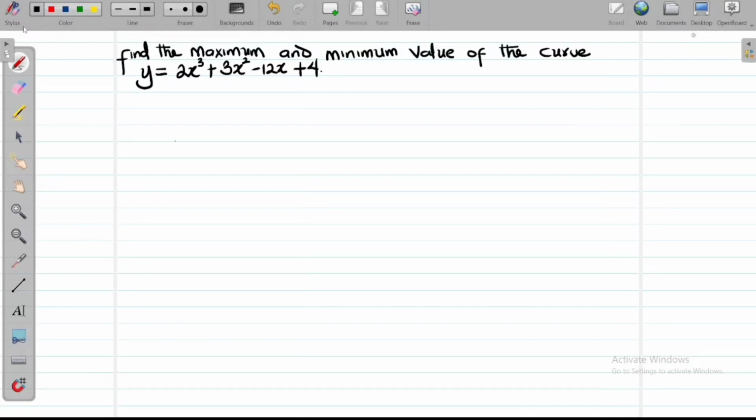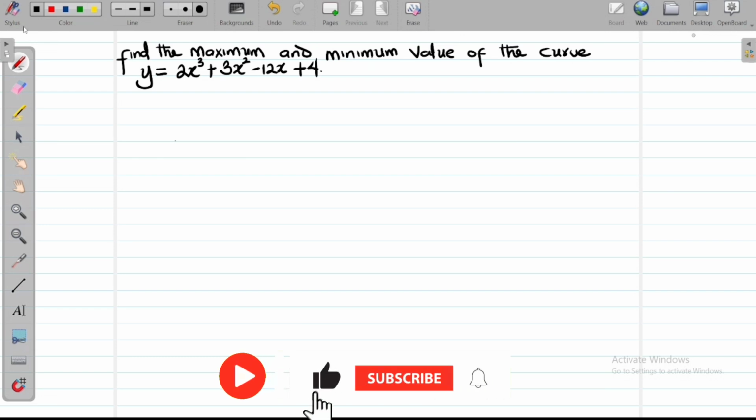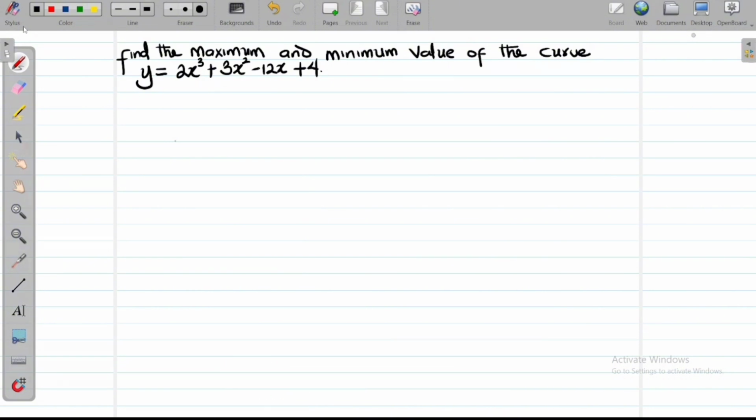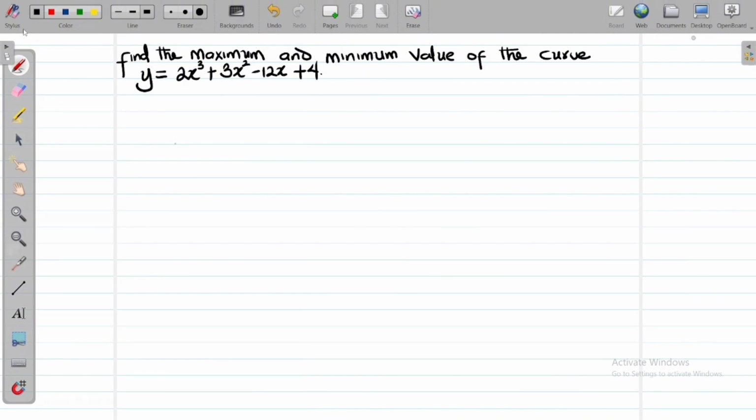All right, so the question says find the maximum and minimum value of the curve y = 2x³ + 3x² − 12x + 4. Solving questions of maximum and minimum value is very easy, right? We just need to know the 4 basic steps of solving questions as regards to maximum and minimum value. So the 4 basic steps of solving maximum and minimum value of a curve as regards to differential calculus are: